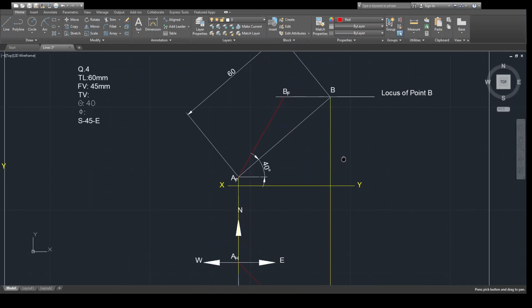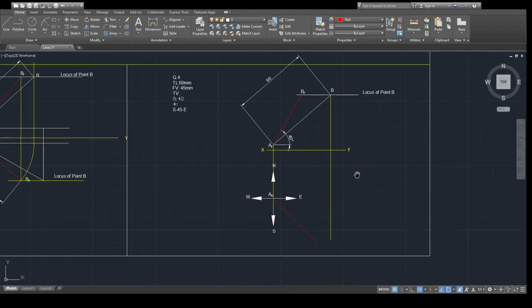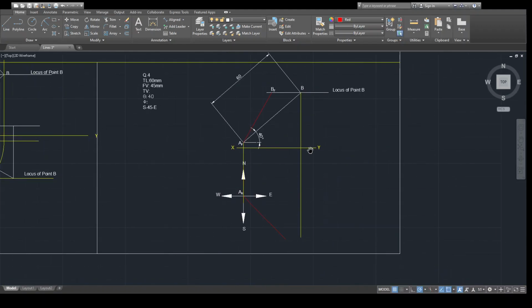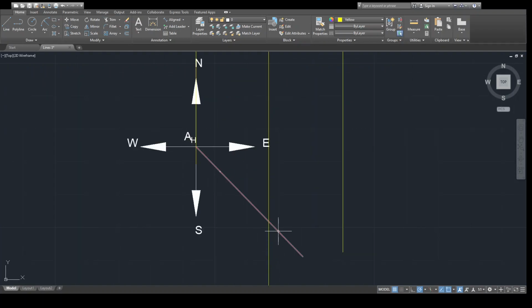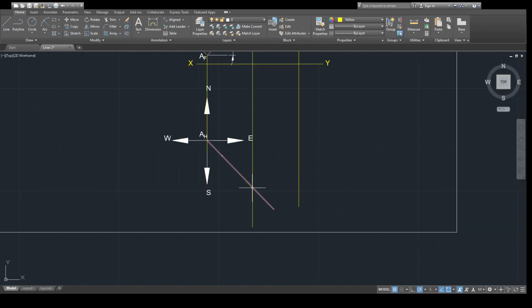Now we know that front view and top view lie over the same projection. We have point BF, and also we have the bearing, and front view and top view lie over the same projections. You just extend the line from point BF, and for this bearing line it will cut somewhere here at this point. So that is the point BH.